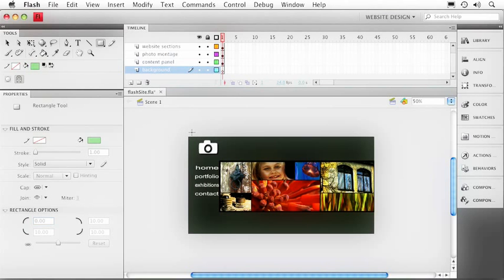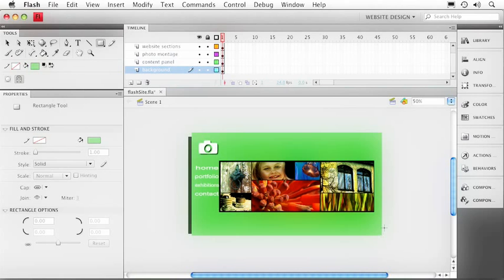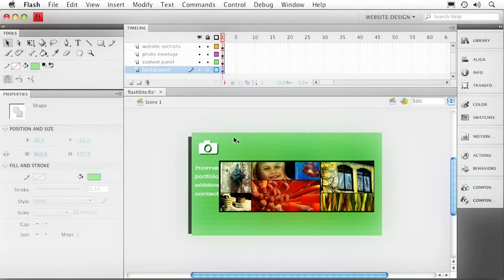Next, I'll just draw a rectangle, and I want it somewhere close to the size of the stage. Now, you'll notice since we put it in that background layer, it's going to be behind all the other objects. And to get it the same size as the stage, I'm just going to click on it. And don't forget that we can just change the width and height and location properties right here in the Position